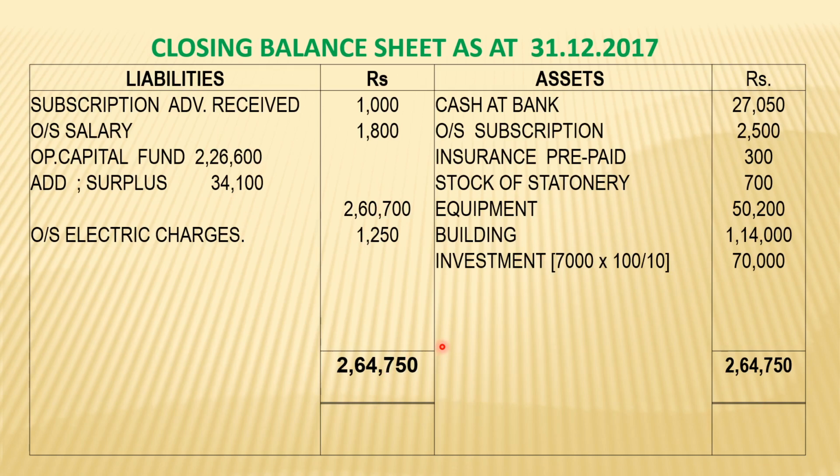So that way we have to make the closing balance sheet. So this is how to make the opening balance sheet, the closing balance sheet, and how to prepare the income and expenditure account. Generally, together you have to prepare the income and expenditure account as well as the opening balance sheet and closing balance sheet. I think this will help our learners. So this type of problem we can consider, and learners can repeatedly watch this video, which will help a lot to solve other problems also.